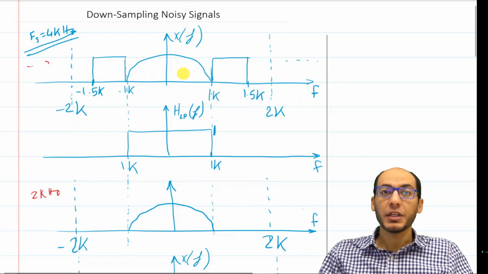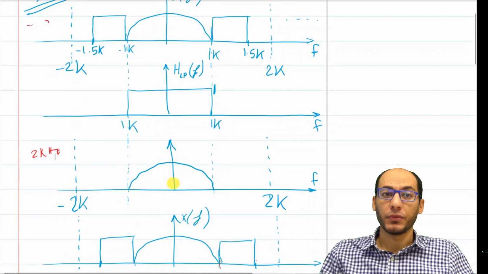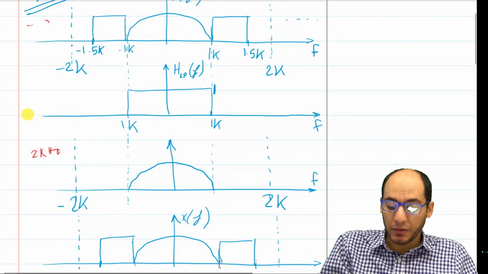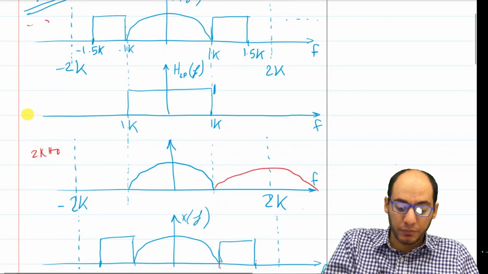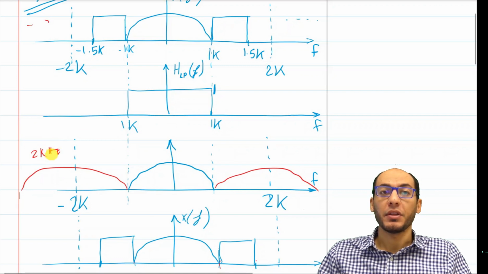Let's first take the example where we have an ideal low-pass filter. That's basically why we need an ideal low-pass filter, so that we can filter out the noise. We pass the signal through this ideal low-pass filter, and we get this signal. And remember, after I do the downsampling, I am going to expect that the signal is going to be repeated every 2 kilohertz. Why is that? Because that's a property of discrete signals, that they are repeated by the same sampling frequency